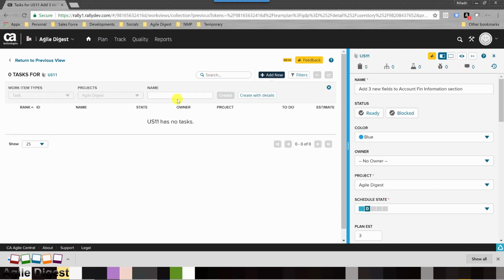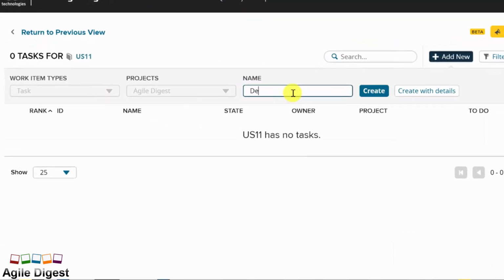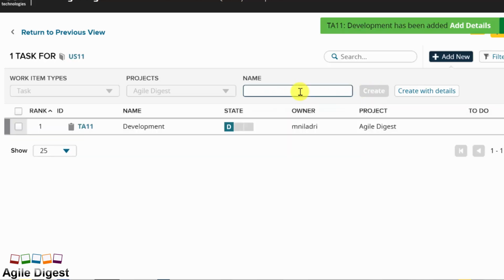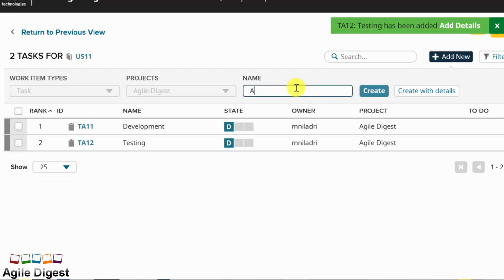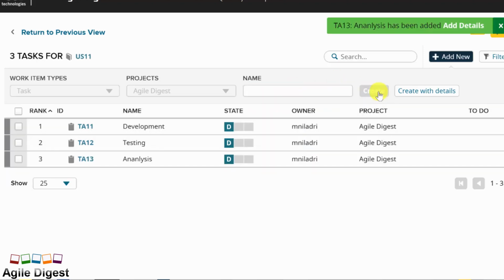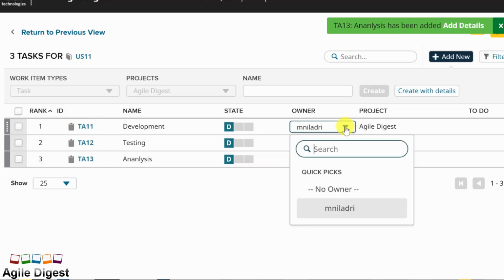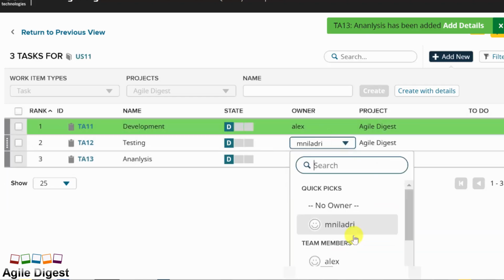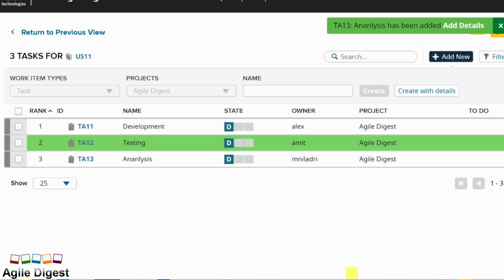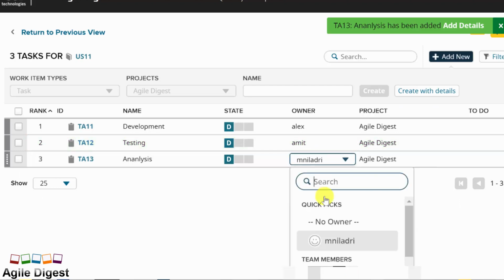So for an example, let me give a task name: development, create. I'll do testing, create, analysis. So this is just for your example. Now all the tasks have to have an owner whom we are assigning it to. So if we select for this one, for example, Alex, and for this one let's select Amit, and for this one let's select